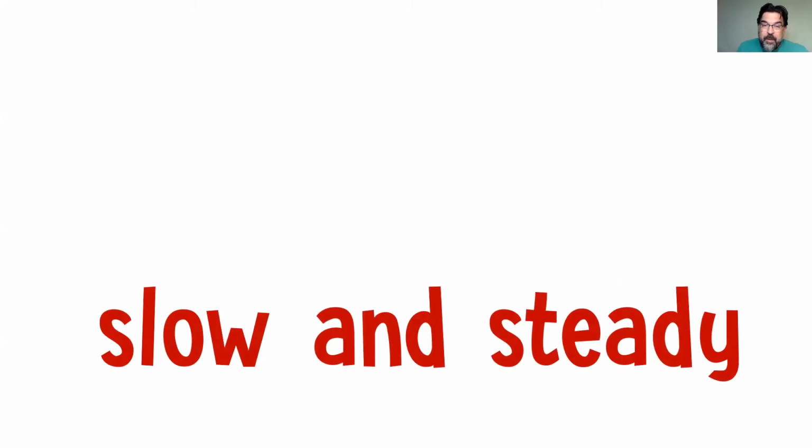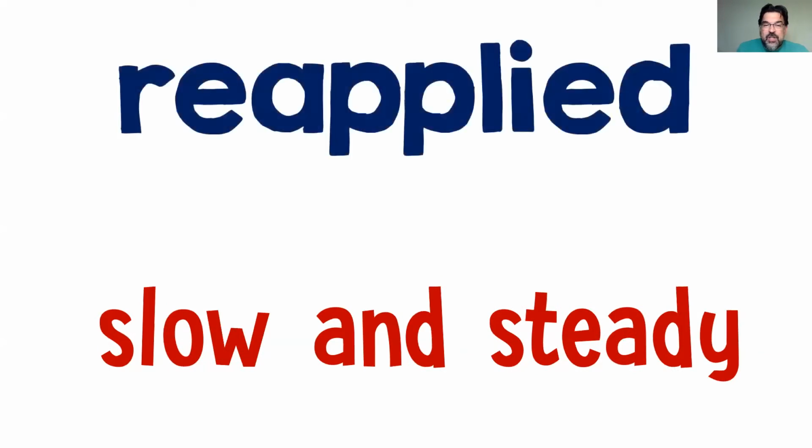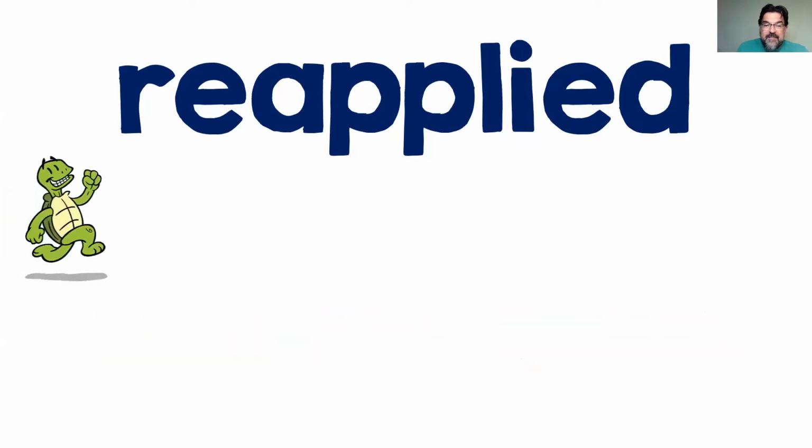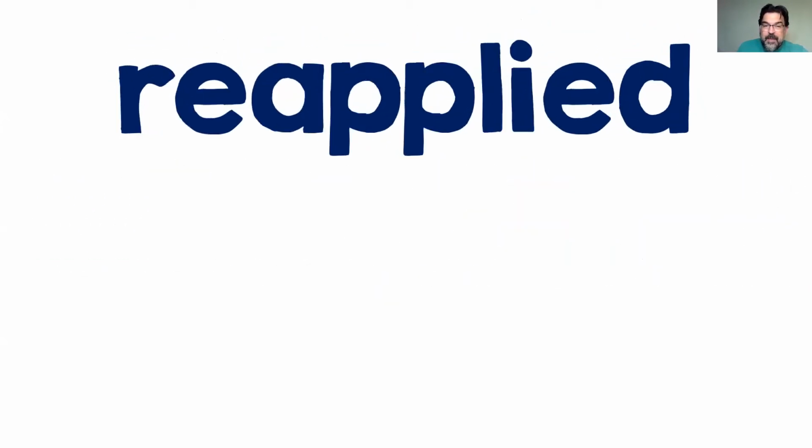But that only applies if you're in a race. The life lesson, I think, is slow and steady. And slow and steady is good advice for when you're reading big words like reapplied. Right? Now, the tortoise would come along to a word like reapplied, and he'd take this slow and steady. And he may not read it correctly, but at least he's going to be responsible and take it slow and steady.